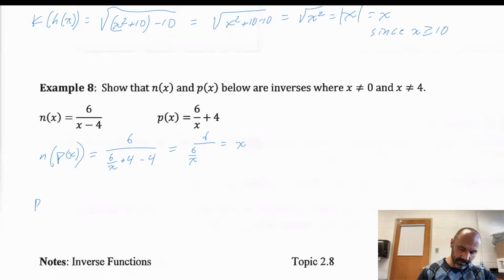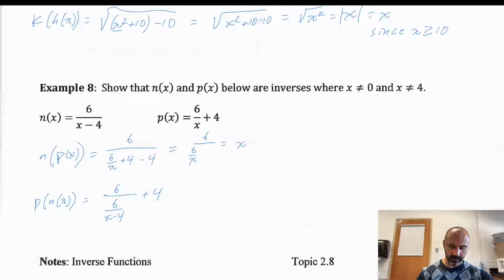And then for p of n of x, so I had 6 over x minus 4. And so here, x cannot equal 4, right? Because I've got x in the denominator of the denominator. This simplifies, right? So 6 over x minus 4. I always like to think of dividing as multiplying by the reciprocal. So this is actually 6 times x minus 4 over 6 plus 4. The 6's cancel out, of course. And now I end up with x minus 4 plus 4, which is equal to x. So they are inverses of each other,